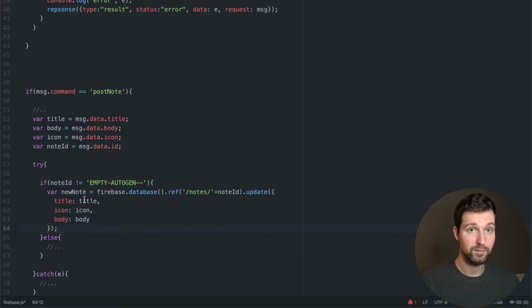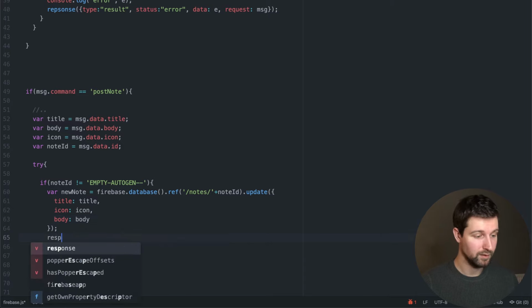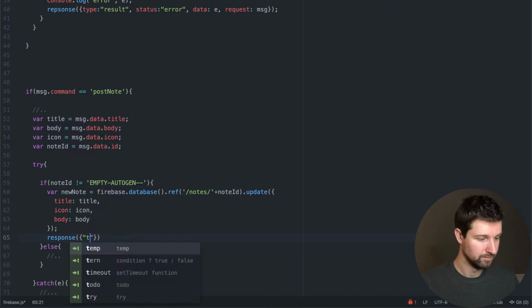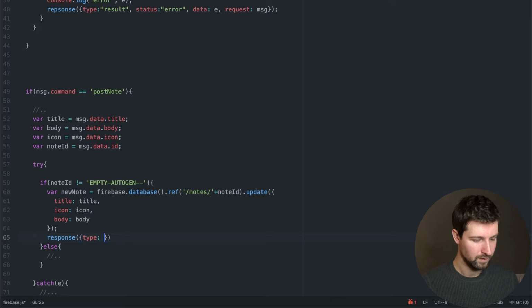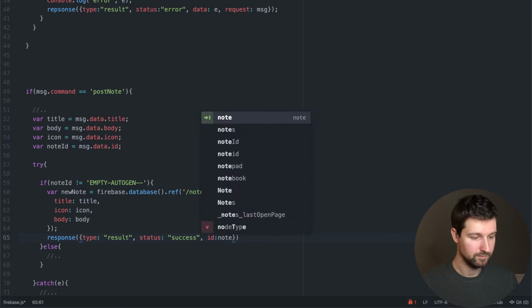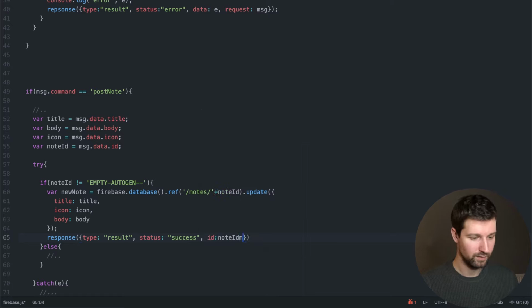So that should mean that all worked, and then we'll actually pass in a response again. So exactly the same as what we did for our delete function. We want to say type is result, status, success. We'll pass our ID again, so we can use this where we need it. So that'd be note ID. And then we'll pass in the request as well,